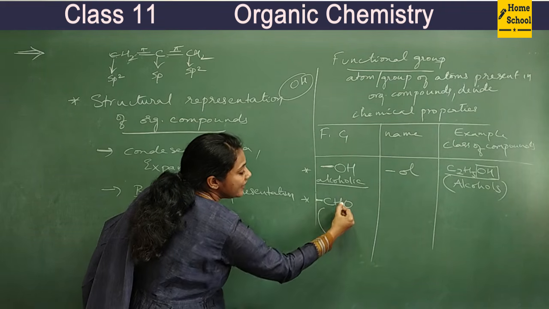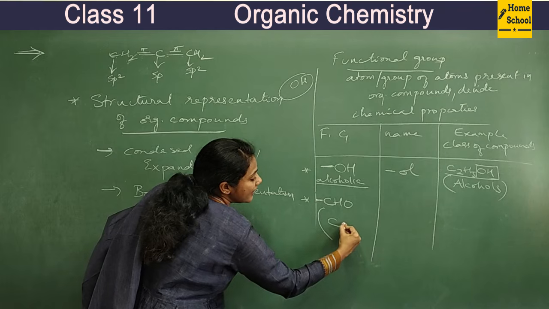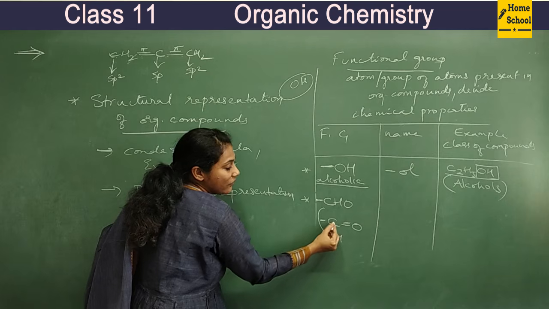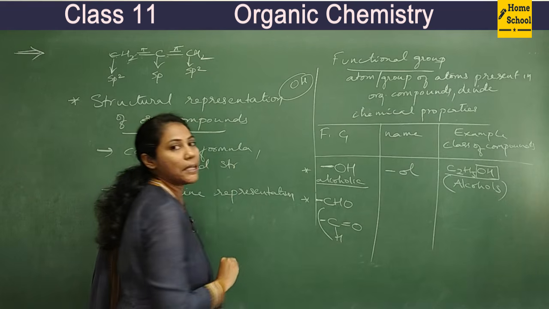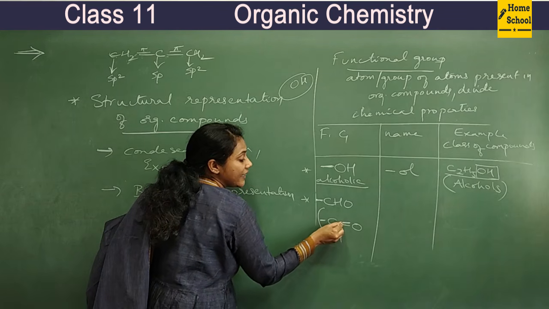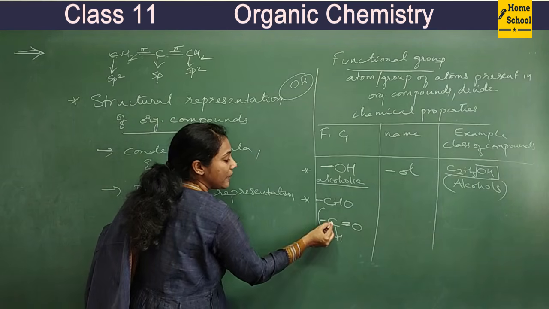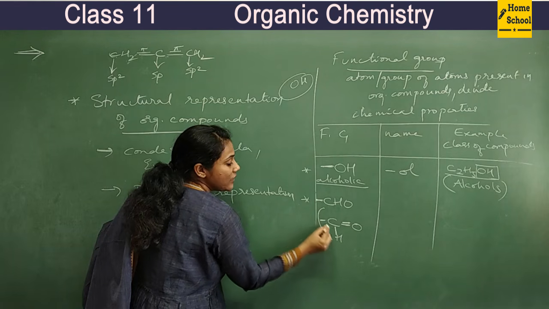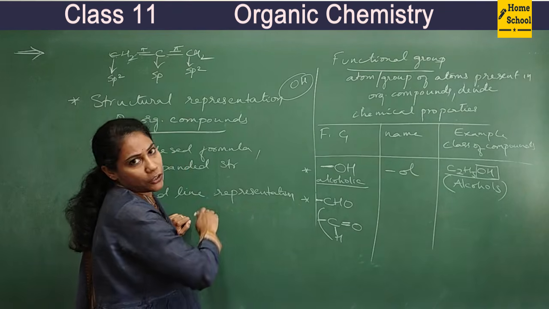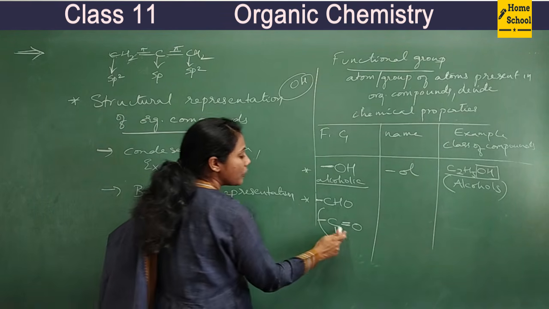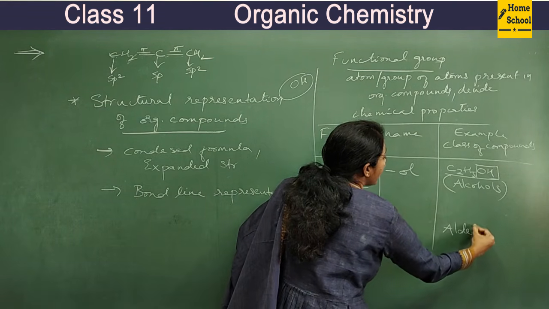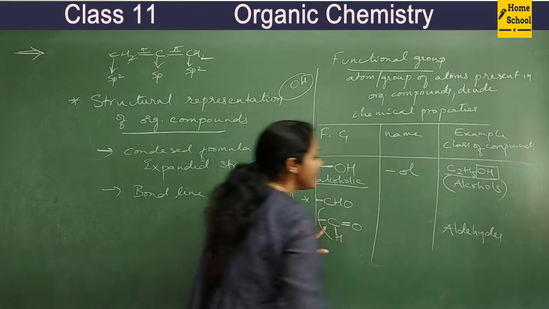If I have to write its elaborate structure, it is written like this: C double bond OH. You see, always between carbon and oxygen there will be a double bond. If oxygen is single and connected to carbon, it always gets connected by a double bond. So this is carbon, double bond O, single bond H, and on the other side, this bond is with some other carbon atom that comes in a molecule, in a chain. If this group is there in an organic compound, those compounds are called aldehydes.